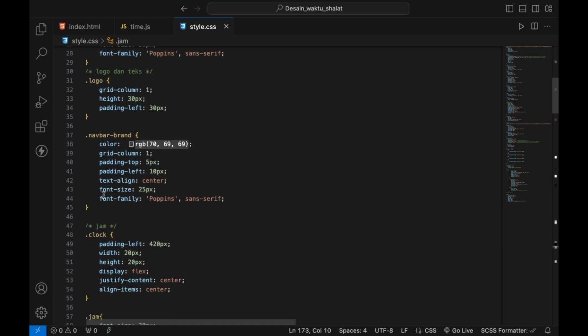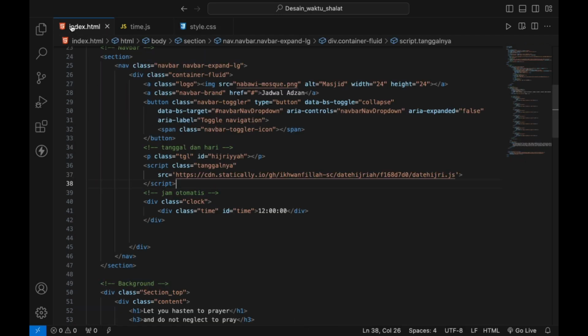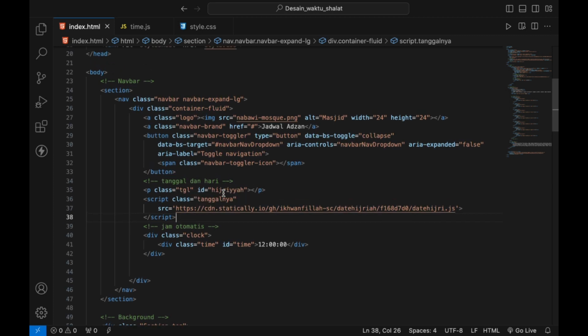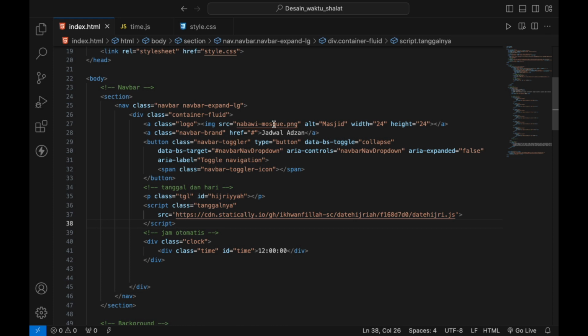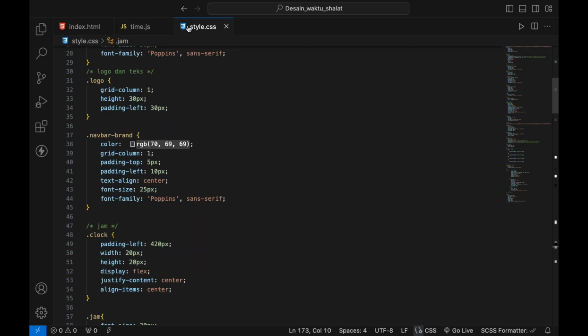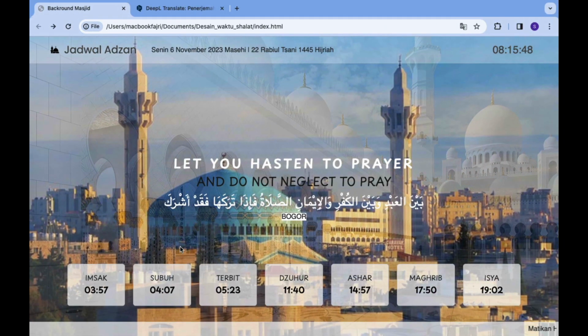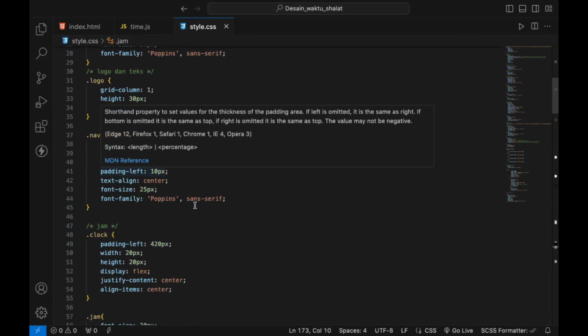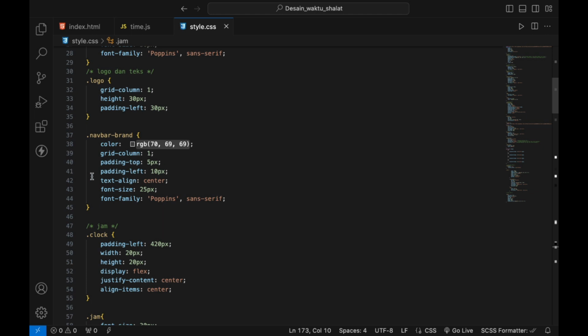Then the navbar brand, this is for jadwal azan, the judul azan. The color is this, grid column 1, padding top 5px, padding left 10px, text align center, font size 25px, font family Poppins, sans-serif.